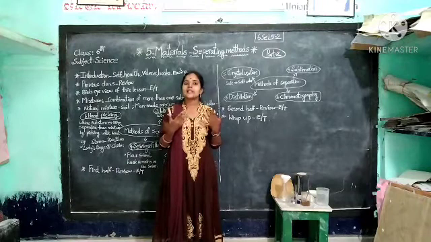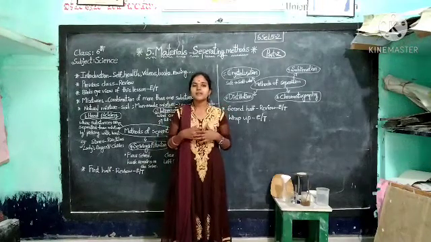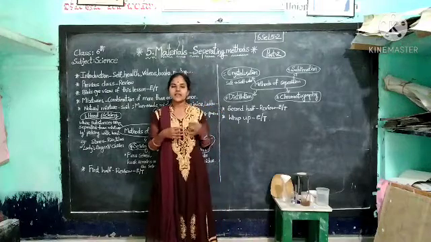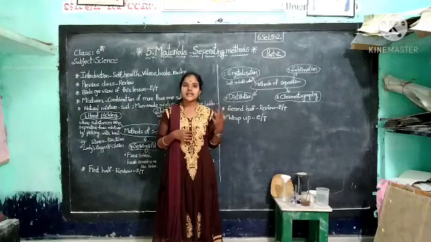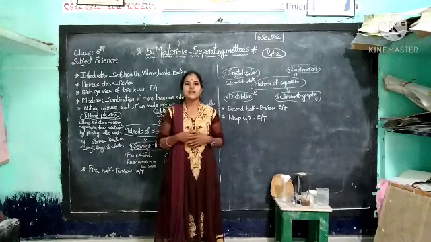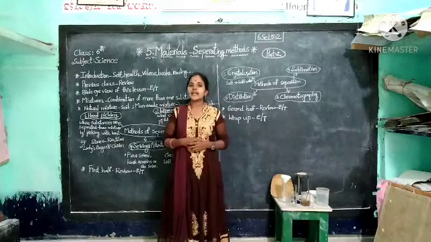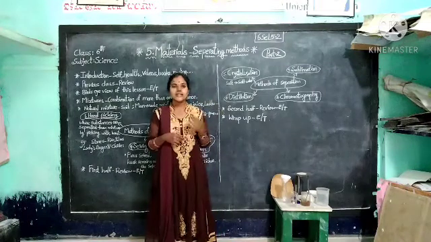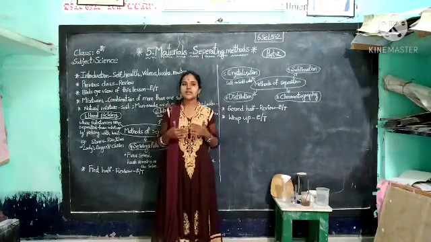And how we identify the state of matter, either liquid or solid, by seeing the shape of the container. For example, if the material takes the shape of the container, the material is a liquid. Otherwise, it is a solid. These are all the different topics we learnt in the previous video, part 1. In this video, I will continue the lesson.